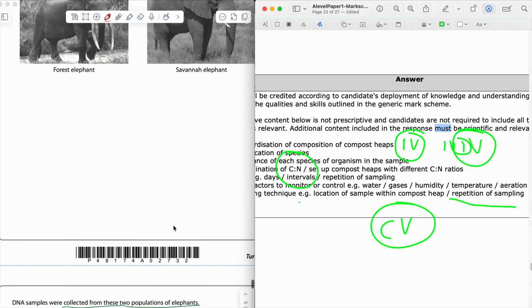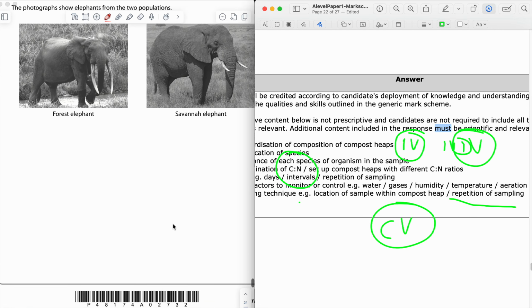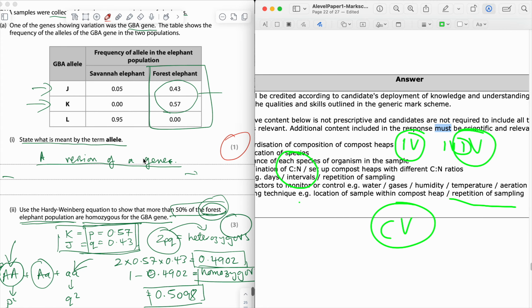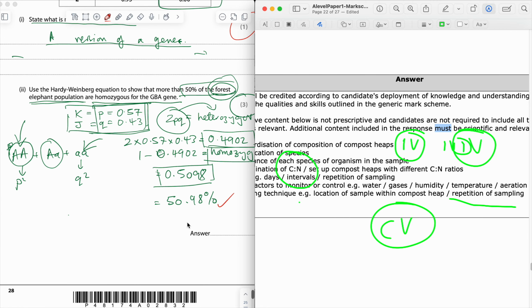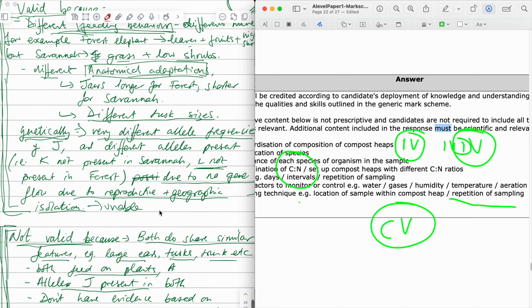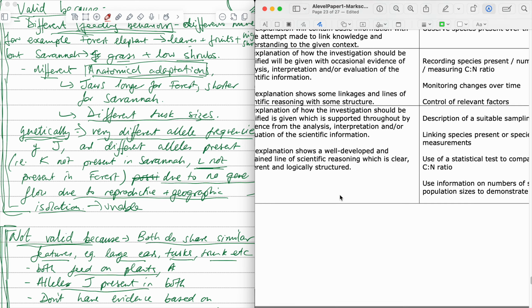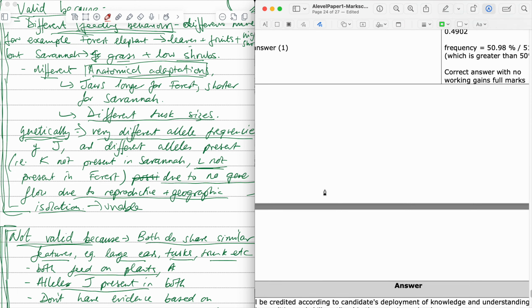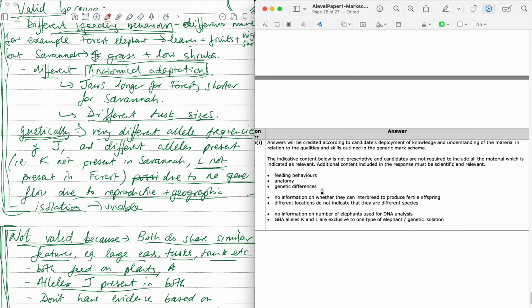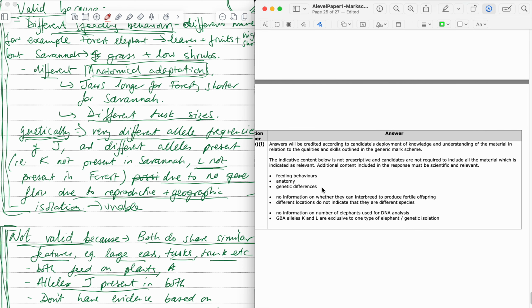All right, then we get this last question about the elephants and whether they're different species or not. We've got lots of information. We have another definition, which was fine. We have a Hardy-Weinberg calculation, which was okay. And then we have this final 6 marker. I think this one was okay. I think I did all right in terms of using the information. They've given us a lot of information, and as long as we use it, I think we're pretty much there. But because it's talking about species,